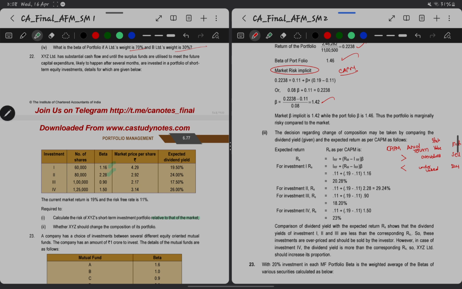Now, whether XYZ should change the proportion of its portfolio. The second question they are asking is whether we should change the proportion which we are following right now. The decision regarding change of proportion may be taken by comparing dividend yield and the expected return as per the CAPM, as follows. Now in these four types of investments, we have the expected dividend yield, and using the CAPM model, if we find out